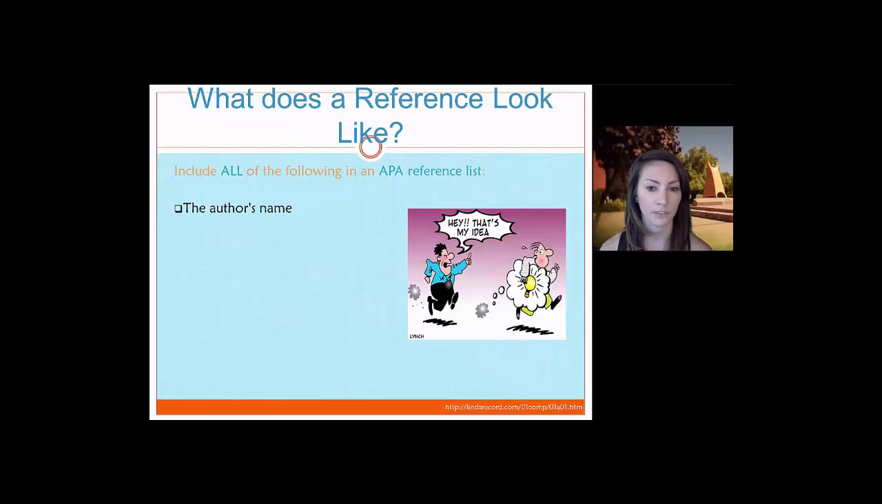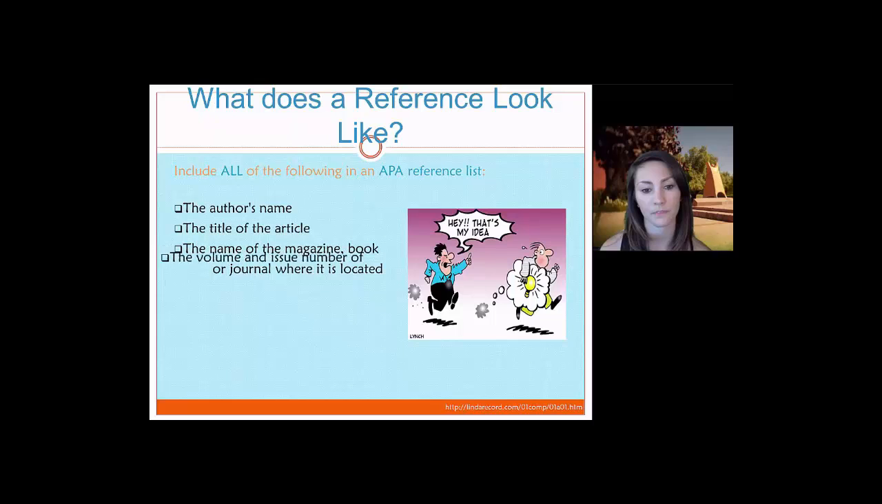First, you want to put the author's name, so you would put the author's last name, then a comma, and then the first initial. Then you would put the title of the article, and also make sure to include the name of the magazine or the book or the journal where you found this article. You also want to put the volume and issue number of the article, and also the page numbers